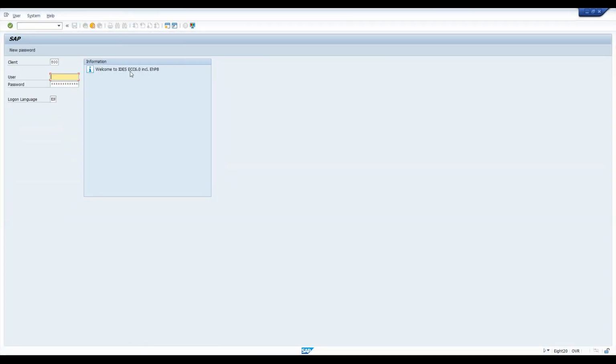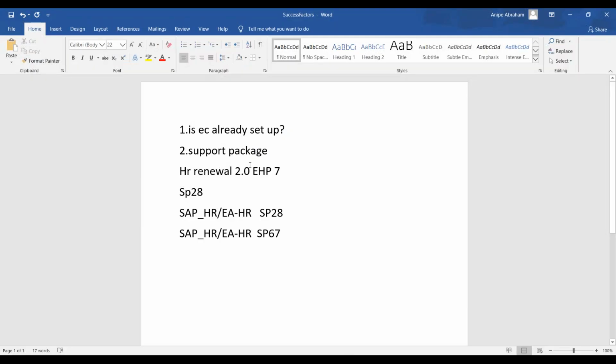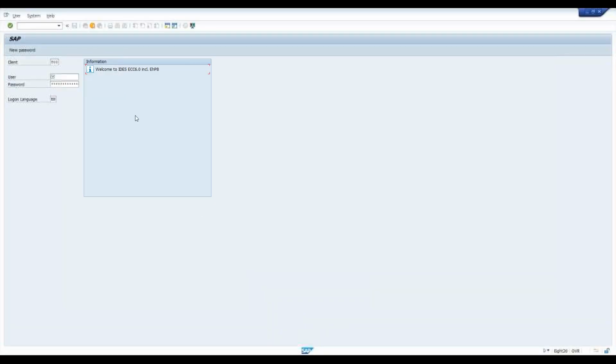The system I am accessing is EHP8, not EHP7. But here what I said is that it should be a minimum of EHP7. Okay, but the system I'm using is an EHP8. So